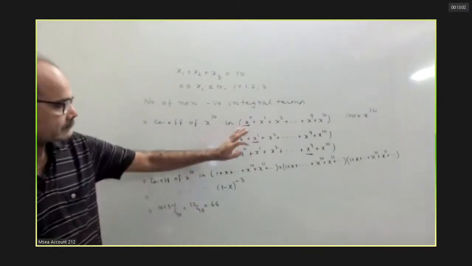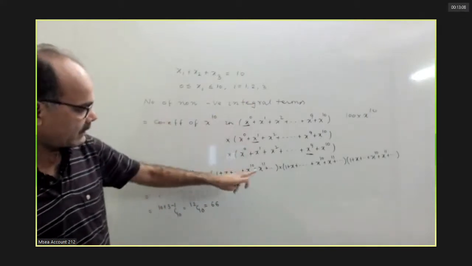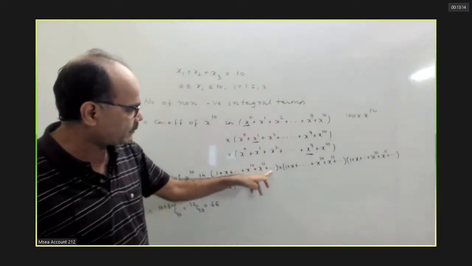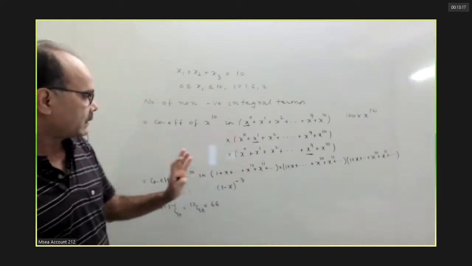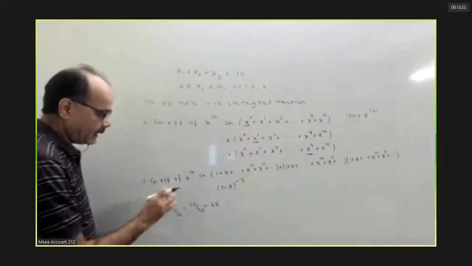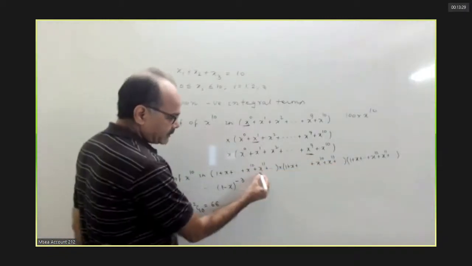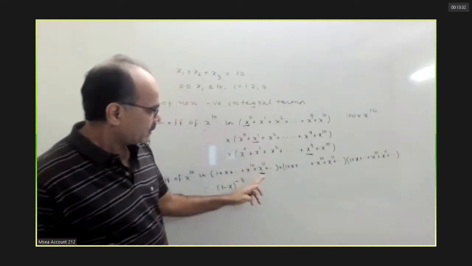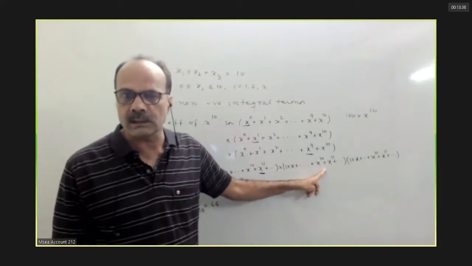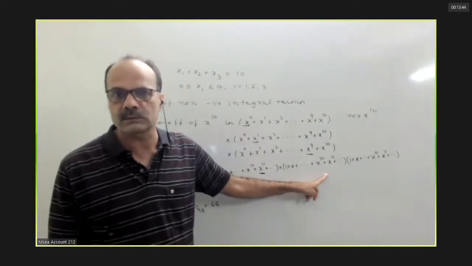Next, just to make the calculation simple, I took an infinite series here: 1 plus x to the power 10 plus x to the power 11 up to infinity. The coefficient of x to the power 10 in this product will be the same as the coefficient of x to the power 10 in the earlier product. The reason is, suppose you take x to the power 11. Is there any term here that, multiplied with x to the power 11, gives x to the power 10? We won't get x to the power 10.